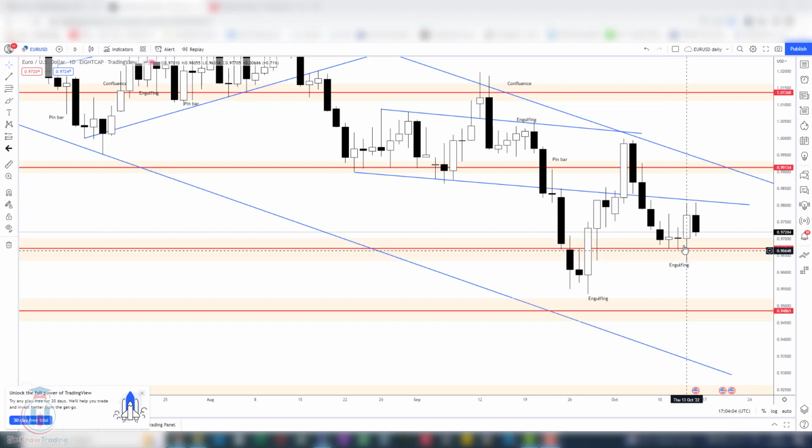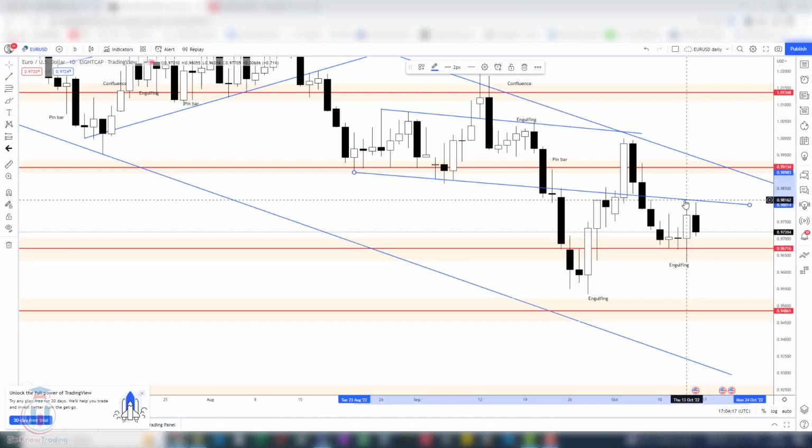making a wick and then continued to move up, closing the day as a bullish candle, closing above these three candles like an engulfing bullish candle. And the price just stopped here at the downtrend resistance line, and also the price stopped here at this level, which was mentioned in the previous week's analysis as the second resistance area, where the first would